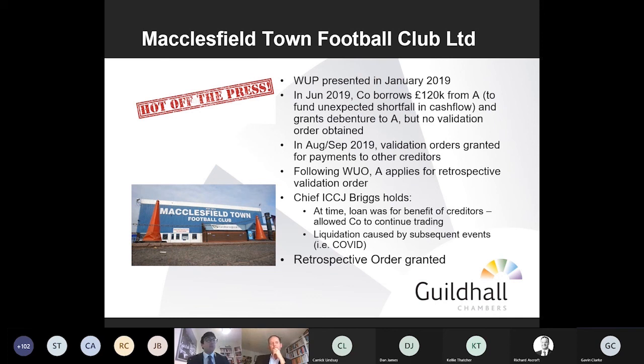Yeah. So in some sense, there was clearly no depletion in the company's net asset position, because in fact it receives £120,000 of extra cash, and it just encumbers some assets. And if you look at Mr Justice Zacaroli's decision in the Burnham Holdings case, it supports the view that actually a grant of a debenture isn't a transaction at an undervalue, because the company parts with nothing of value. Yeah. Then again, it's a really fairly easy submission to say this will have no detriment to the creditors, and they'd be getting a bit of a windfall if, having received a £120,000 loan, that money was now free to pay to the other creditors at that point in time.